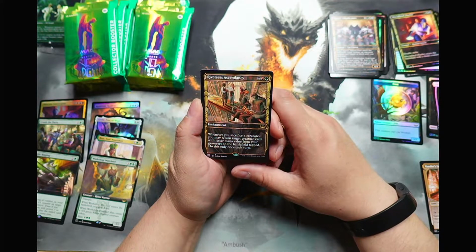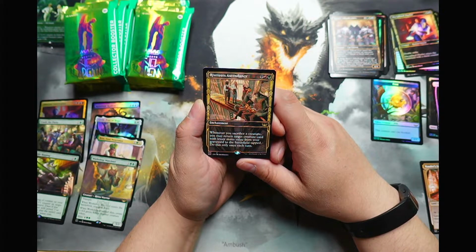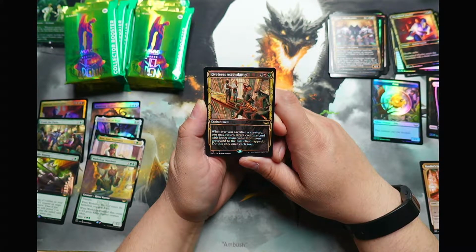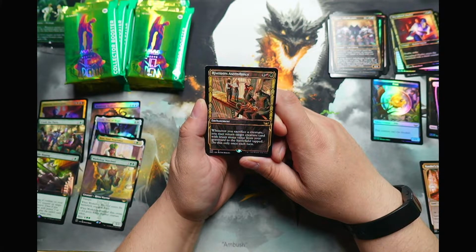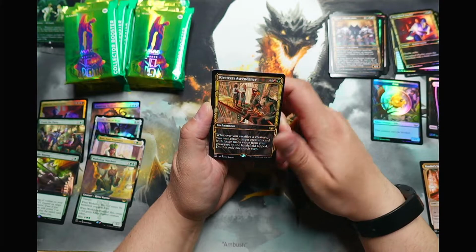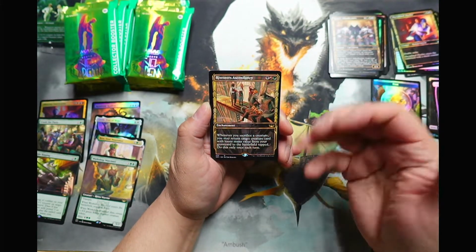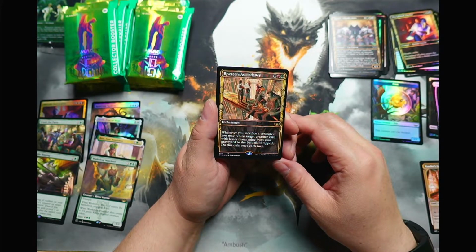Riveteer's Ascendancy, black, red, green enchantment. Whenever you sacrifice a creature, you may return target creature card with lesser mana value from your graveyard to the battlefield tapped. Do this only once each turn. That's not bad, but it's whenever you sacrifice a creature. So if you have a sac outlet, like Ashnod's Altar, or,